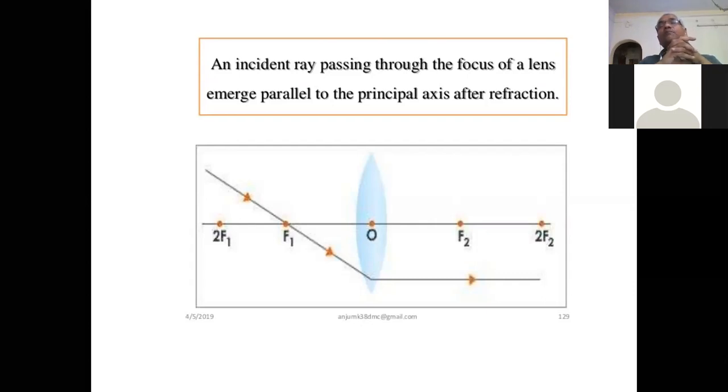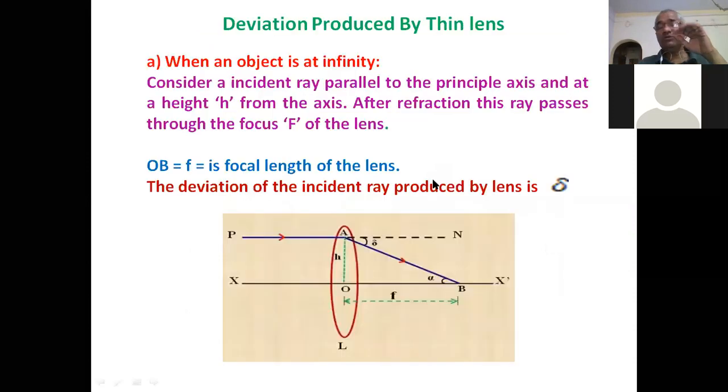The light which is parallel to the principal axis, it passes through the principal focus after refraction. If the light is coming from the focus and if it is incident on the lens, so after emergence the light becomes parallel. जे प्रिन्सिपल फोकस मधून जर लाईट इन्सिडेंट केला आपण तर तो लेन्स मधून बाहेर पडताना काय होतो, पॅरलल लाईट होतो. So this is the terminology of these lenses. Now the next topic is the deviation produced by the thin lens, but our time is running out, so